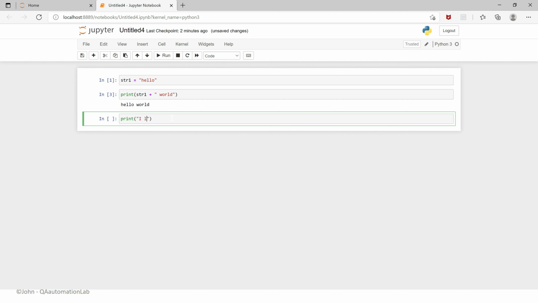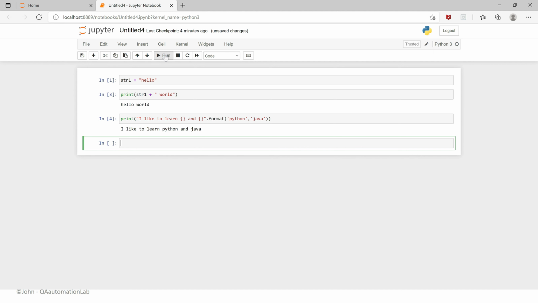Print I like to learn Python, and here dot format, mentioning here Python, comma Java. Let me run the test now. I like to learn Python and Java.